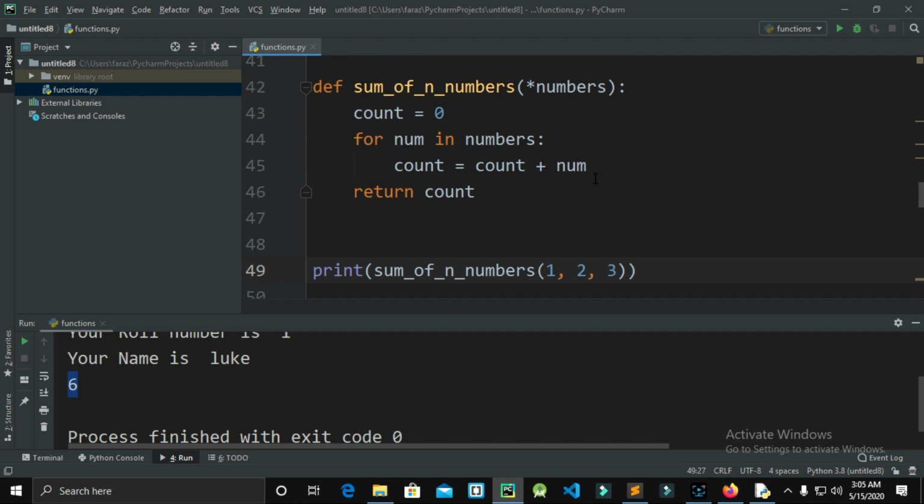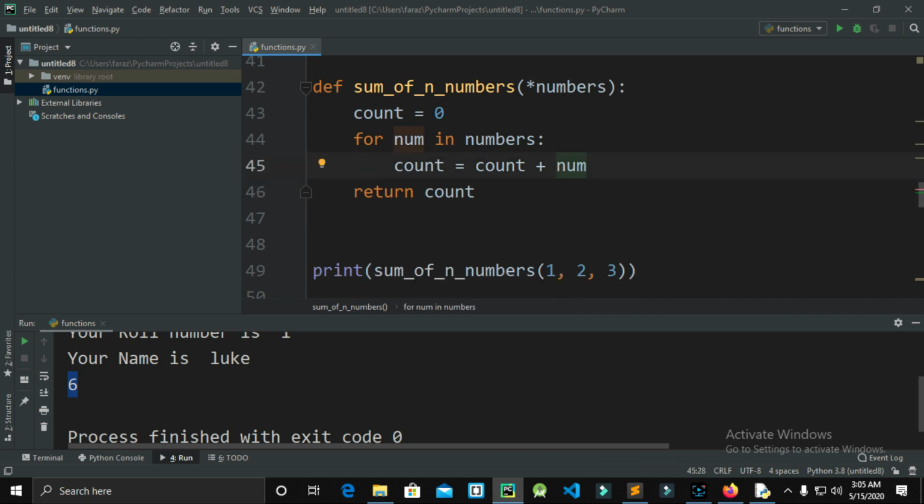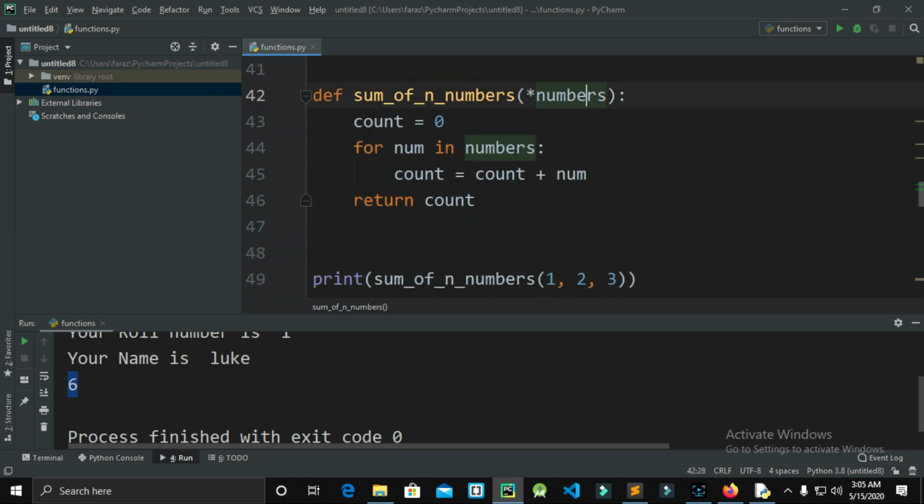I hope you know how this works. If you don't know, let me just give you a simple sample of this right here. It will just put count equal to 0. Count is a variable. So after equal to, in the first step, 0 plus, what is the first number? 1. So 0 plus 1 is 1. So that became our count now. Count plus the next number, which is 2. 1 plus 2 is 3. Count became 3. Plus 3. 3 plus 3 is 6. So count became 6. Therefore, we are returning the count here. I hope you got that point. I hope that is clear for you. So that is variable length argument for a method that you are giving right here.